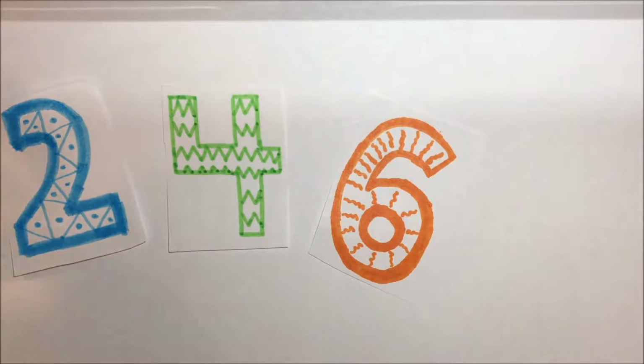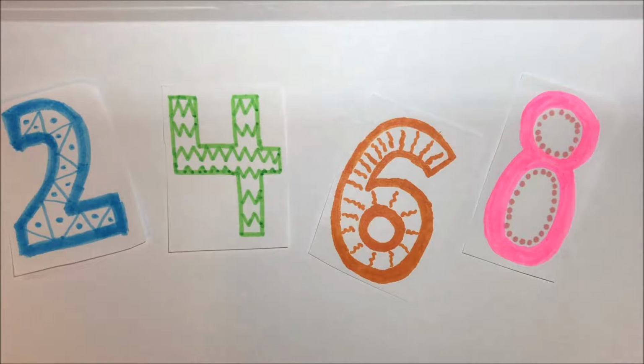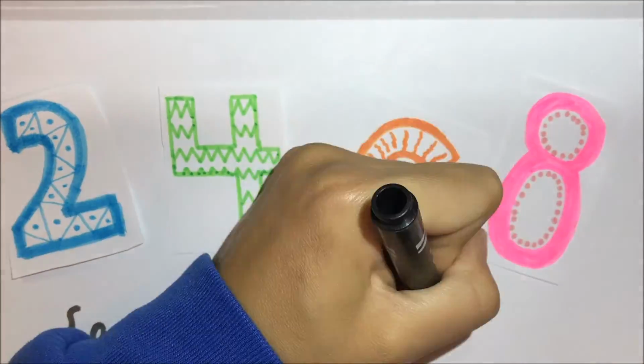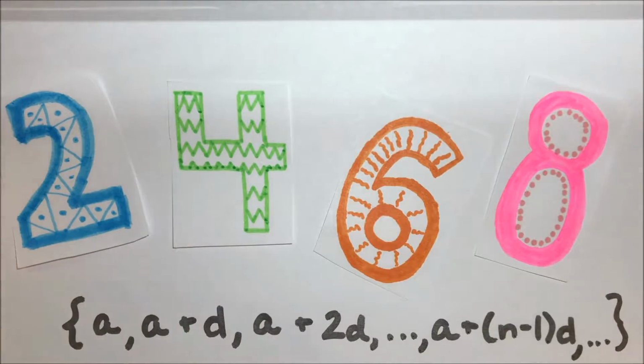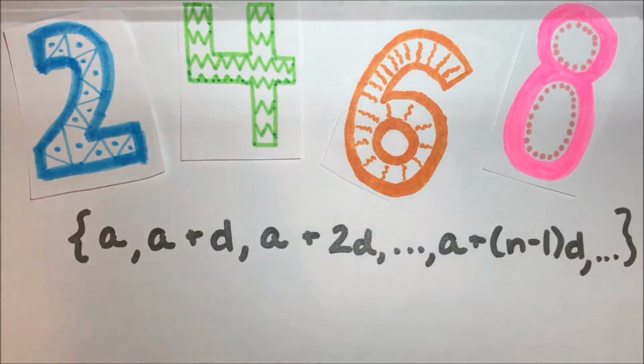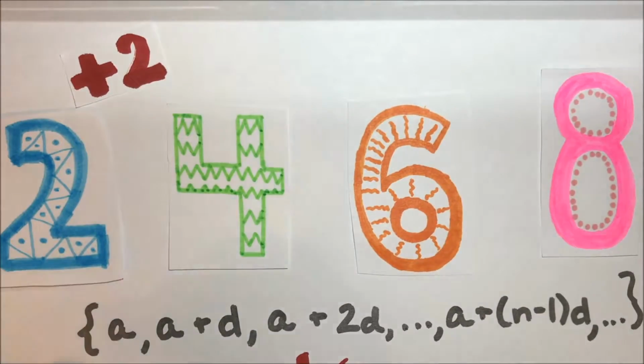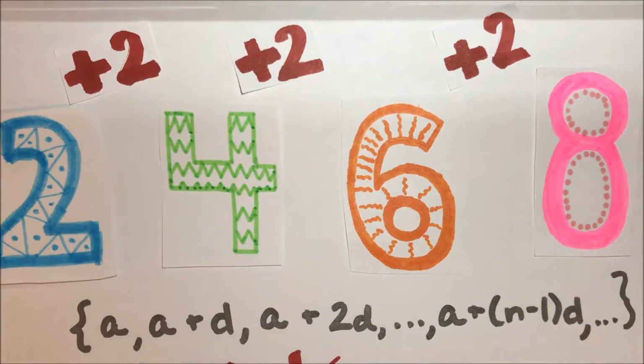2, 4, 6, 8. Who do we appreciate? Arithmetic sequences! This set of numbers is an arithmetic sequence because it is a progression of numbers where a constant d is added to each term. This constant is called the common difference. In this case, the common difference is 2 because we add 2 to the previous term to get the next